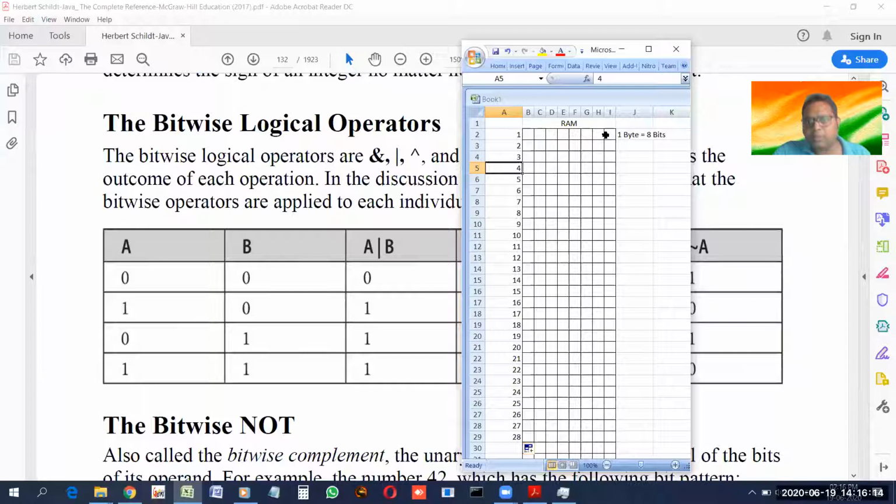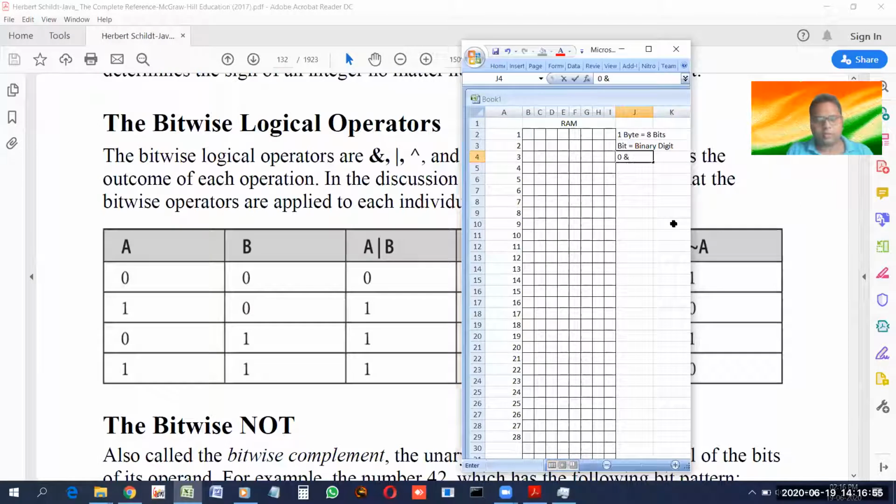And one memory cell is equal to 1 byte, and 1 byte is equal to 8 bits. Look, this is first bit, second bit, third bit, fourth bit, fifth, sixth, seventh, 8 bits are there. Now let me make the point more clear. What is a bit? The full form of a bit is binary digit. 8 bits means 8 binary digits. It simply means that 1 byte of a RAM can store 8 binary digits.